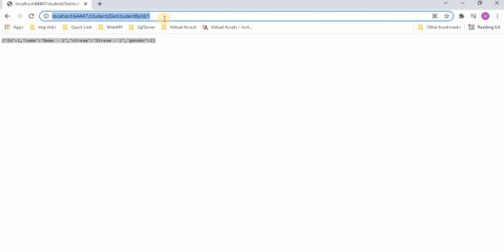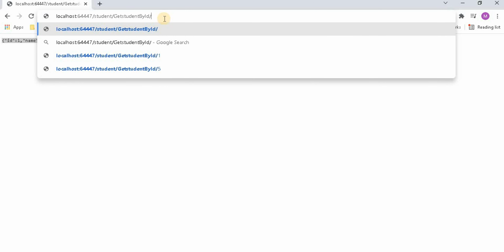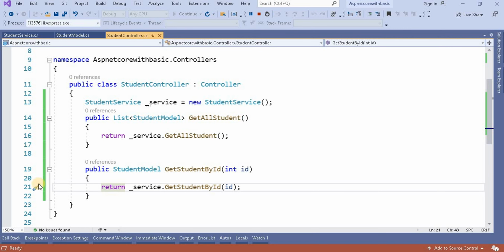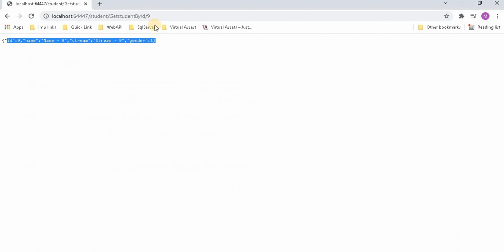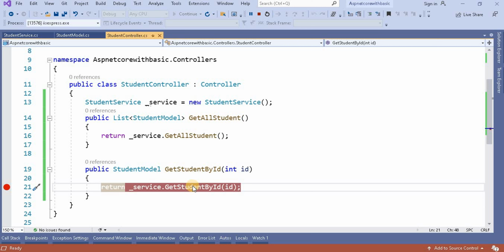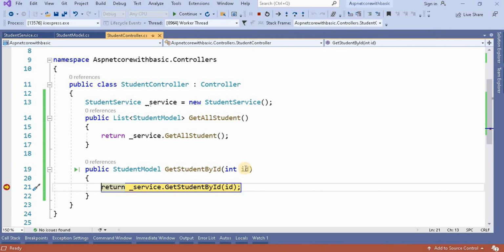If I want to get the 9th number of the data, then it will return us the 9. For example, let's put the breakpoint. For putting a breakpoint here, you can press F9, or click on that particular line, and then you can put the breakpoint. So here now let's take it as 8, and when I hit enter, it will hit here, and in this ID we can see it is passing the 8.